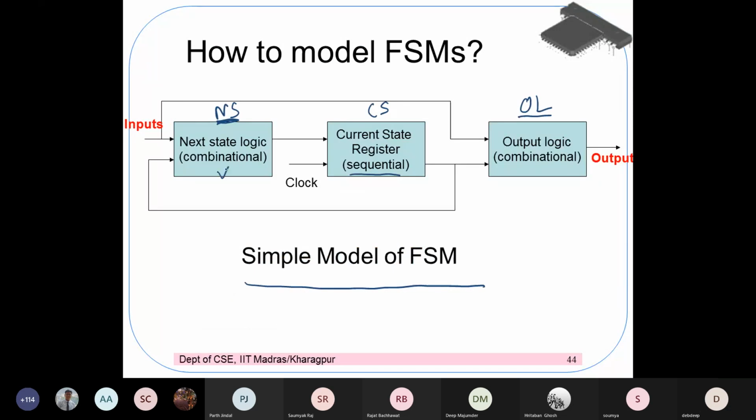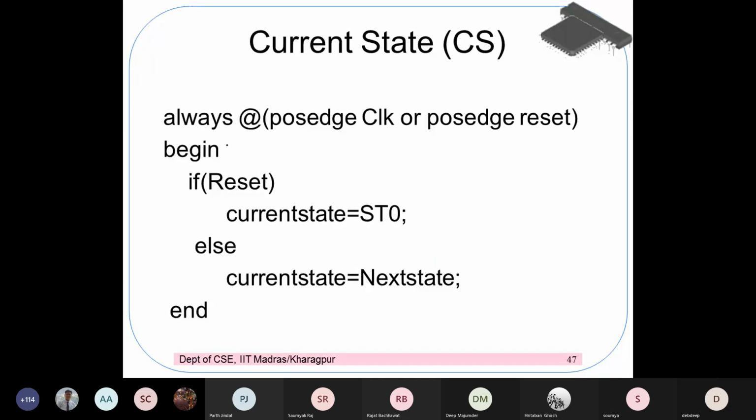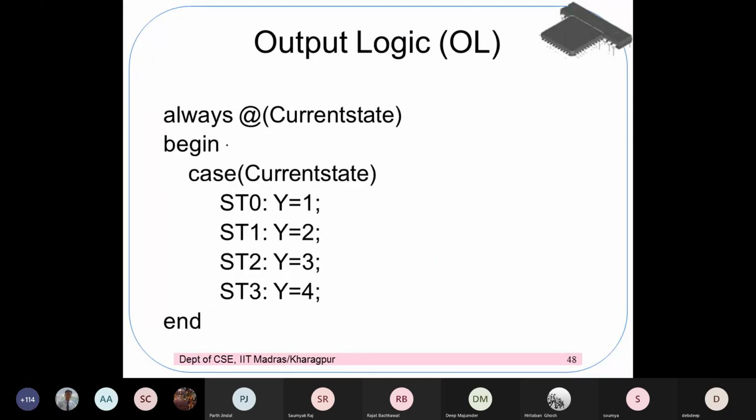Likewise, you also have an output logic block. Essentially, in this case it's a Moore machine, so just the current state tells me the corresponding output. I can also easily adapt it for a Mealy machine. And then the third block essentially is your